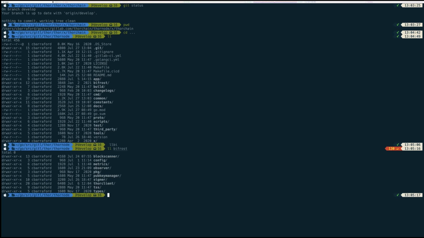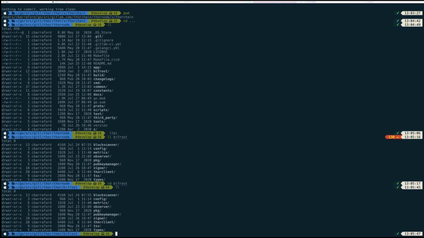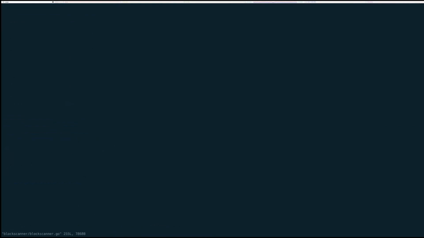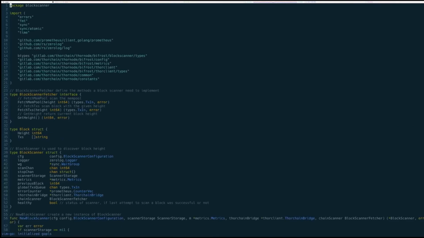So effectively what happens is when a transaction happens on Bitcoin, there is a universal block scanner, just here, which is the fundamental that implements this idea of: okay, we're currently at block 1,000 of Bitcoin, and we're going to wait for 1,001. Once we get 1,001, we're going to make a query to get a list of all the transactions of that particular block, and we're going to filter those transactions based upon looking for addresses that are owned and operated by the THORChain network itself, and then we're going to convert those transactions into a universal struct that all the chains can utilize,